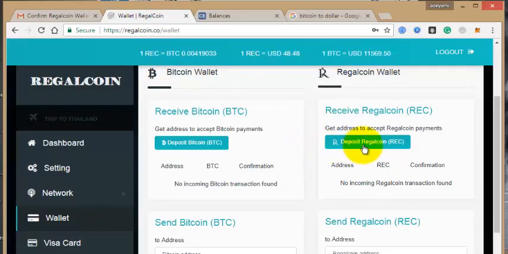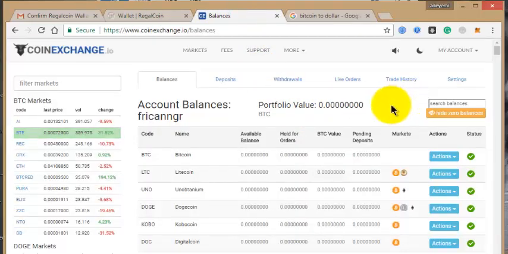You can just copy your Rega Coin wallet and save it somewhere, but you need to convert your Bitcoin to Rega Coin here first. So immediately you have your Rega Coin here, you've already transferred from your main blockchain to this coin exchange Bitcoin wallet. So you have your balance here already. Now the next thing you need to do is just to go to market. You need to go to market.